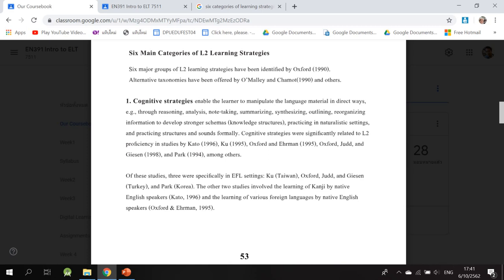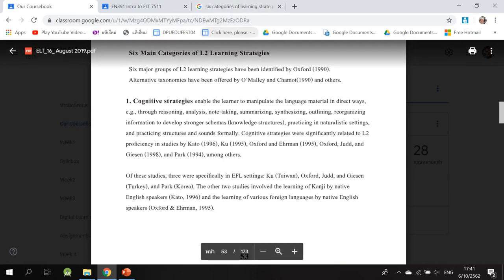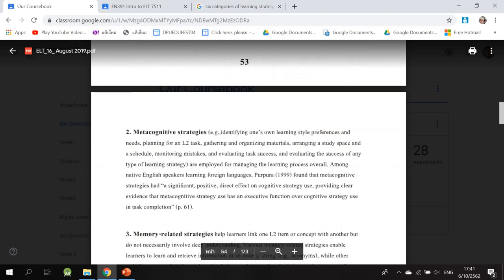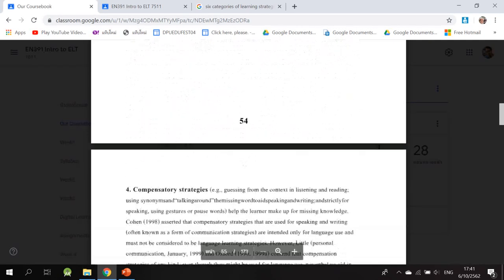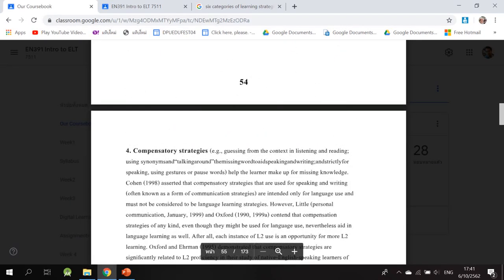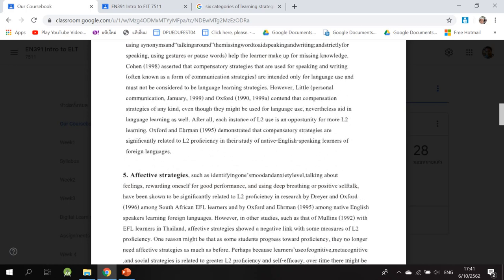My approach, I think Rebecca Oxford would agree, is that we need to use a variety of learning strategies. Do not rely on one single strategy. Use a lot of them. Use cognitive strategies whenever you can. Use metacognitive strategies to plan for your learning. Develop your memory techniques, which is very important. Compensatory strategies, you can use your schema to help guess what is going on. You don't have to understand every word to read, right? You don't have to understand every utterance to engage in a conversation.